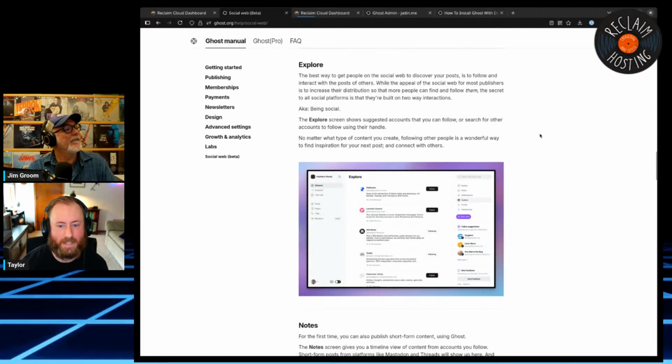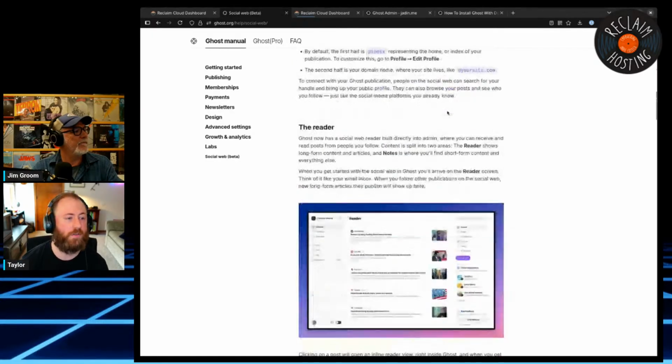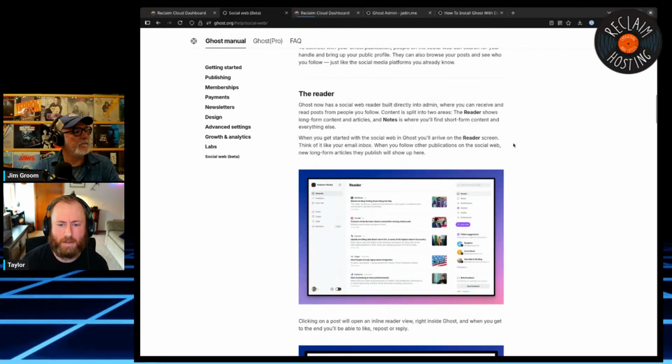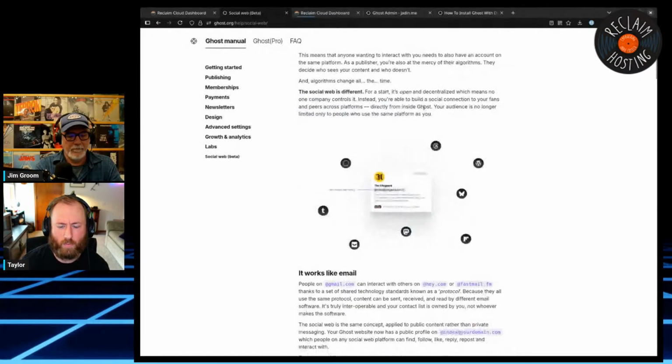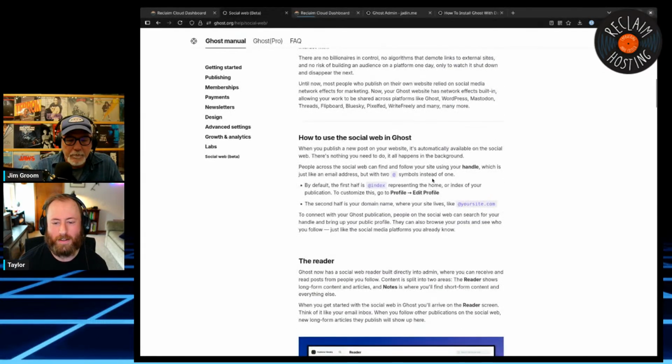Yes. Right? So this page will outline a lot of what it does do, and I'd recommend folks look at it. I'm going to use it as a guide here just to quickly overview. When you have this enabled, from other Ghost sites or Mastodon or whatever, folks can follow your blog at index@yourdomain.com. And you can actually change that. I have mine changed to @taylor@jaden.me, which is kind of nice with the way my domain name works.